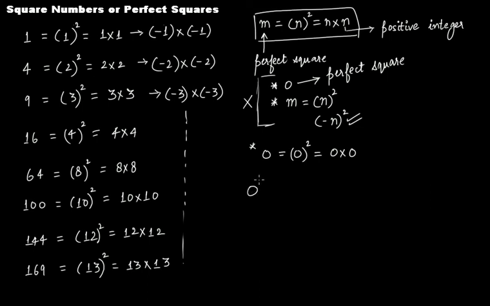There is no scope of 0, because 0 is neither a positive integer nor a negative integer, right? So if you are putting the condition positive integer, then of course this one will also not get satisfied. You cannot take this one. So those mathematicians who believe that 0 and this condition is correct, for them this n can be any integer. For them this n can be any integer,